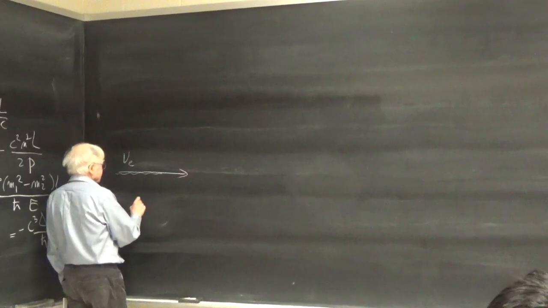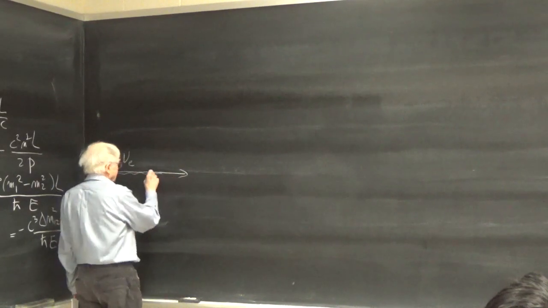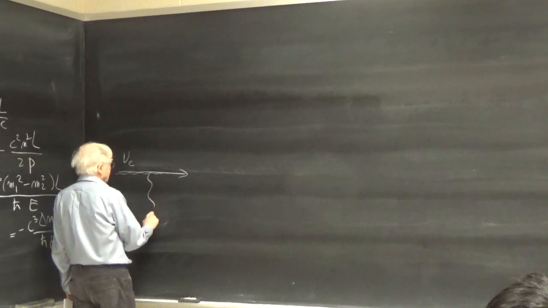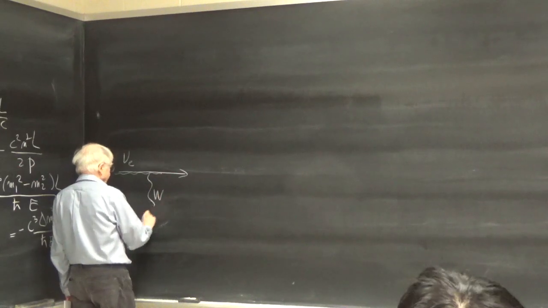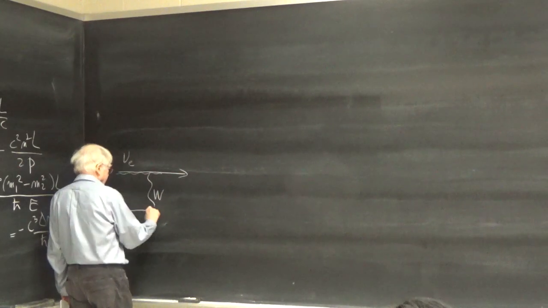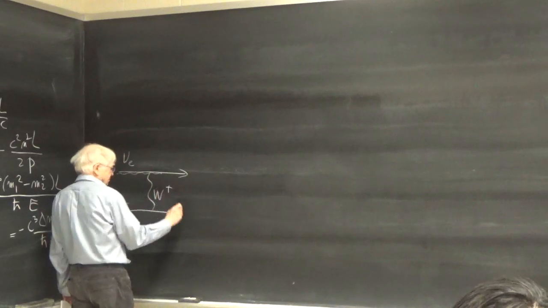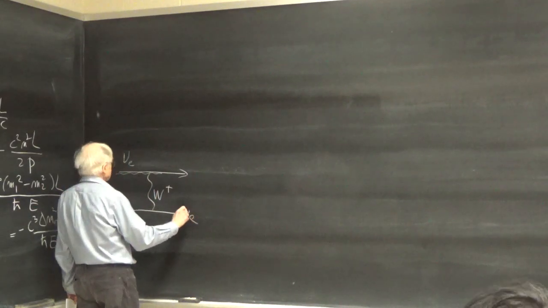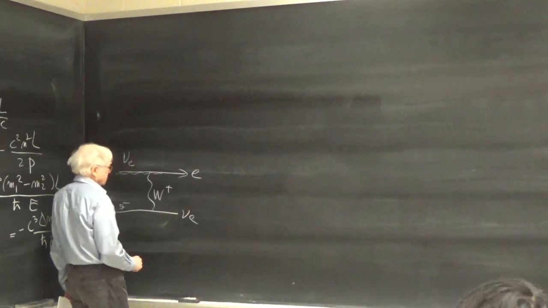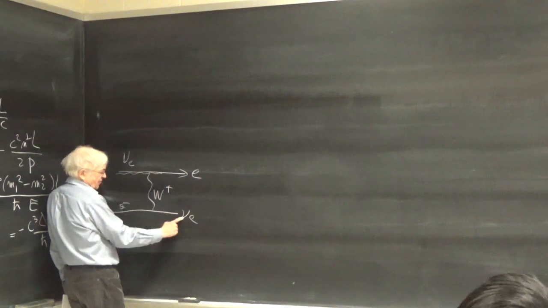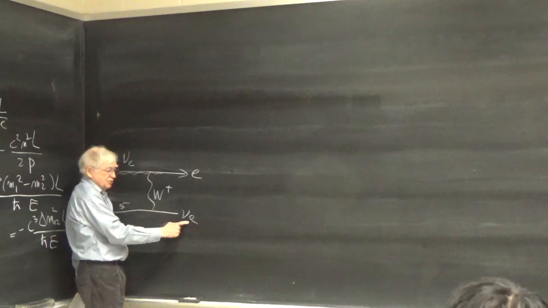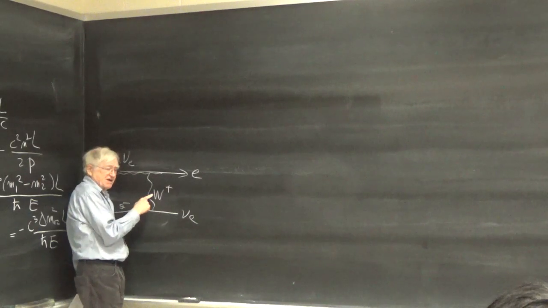So what you have is the electron neutrino releases a W. There's an electron here that absorbs the W plus and becomes an electron neutrino, and the electron neutrino comes out. So there's this forward scattering of nu to nu due to the exchange of a W,